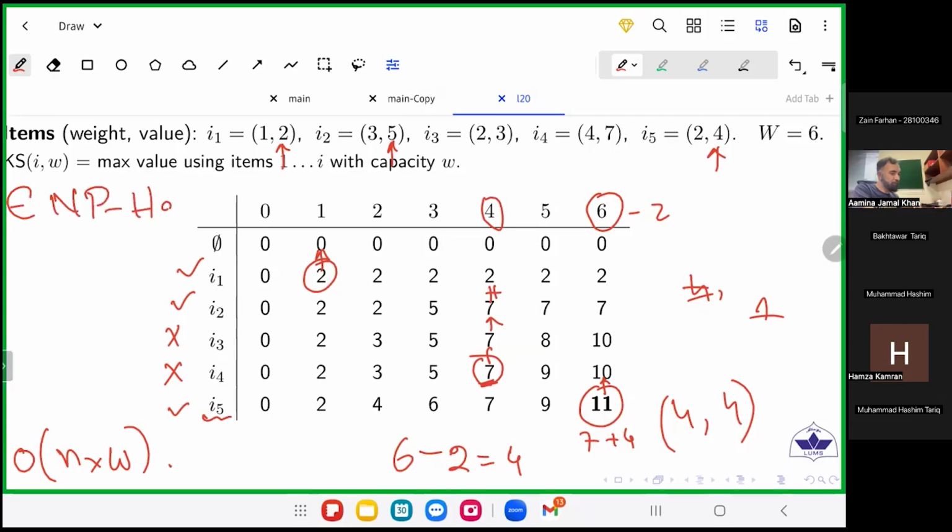NP hardness. Yeah, this is gonna be our next topic. और हम इसको Wednesday को start करेंगे. But